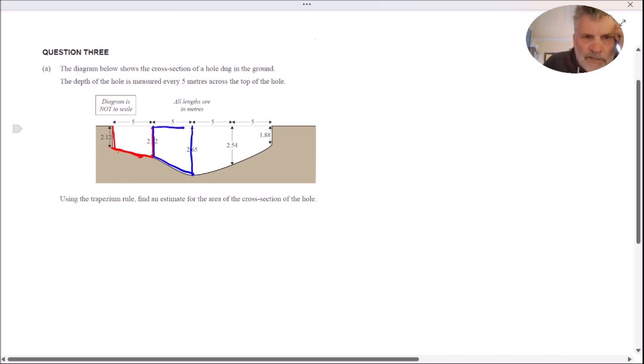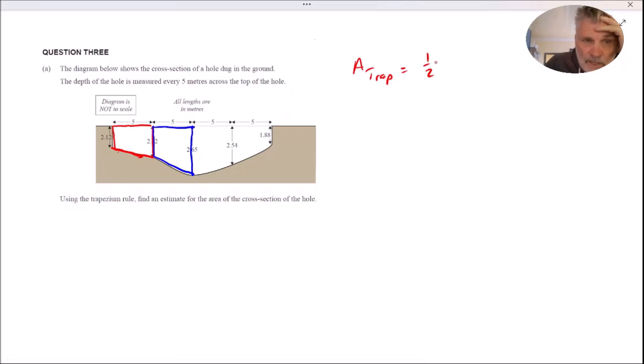We're approximating each of these by a trapezium, and the area of a trapezium is a half the two sides that are different. You add those up,